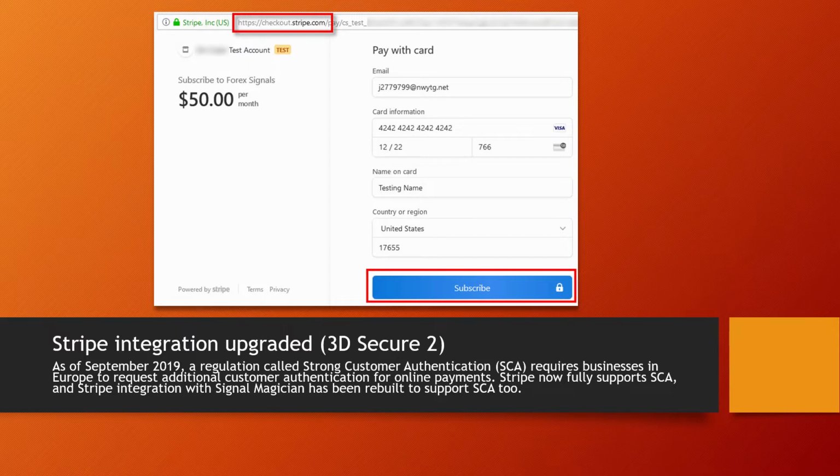Not sure about other places of the world, but I'm sure this will get worldwide soon enough. And Stripe now fully supports SCA, and the Stripe integration with Signal Magician has been rebuilt to support SCA as well. So basically, if you were already using Stripe, as this was rolled out in some previous versions for some clients already, you have to reconfigure your integration a bit, and you will have to read a new integration tutorial I've prepared and change it to match the new